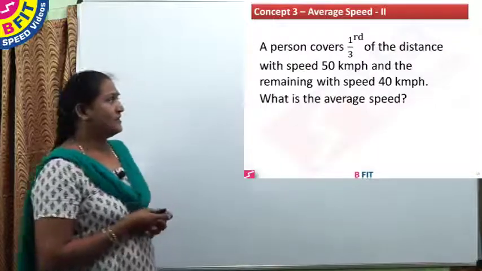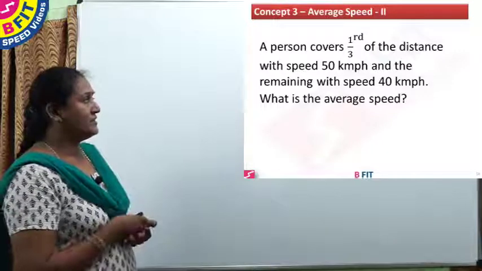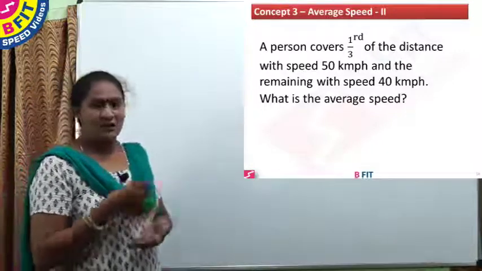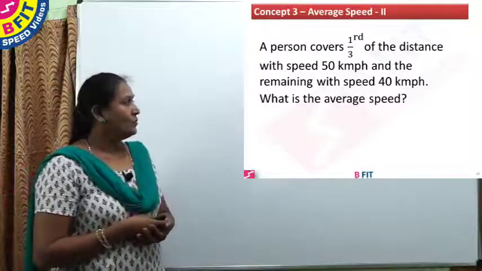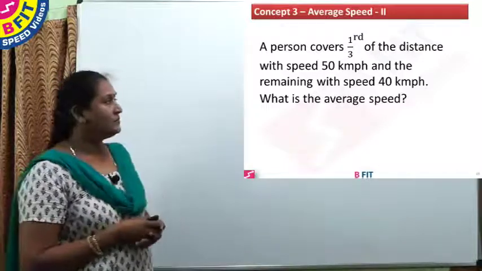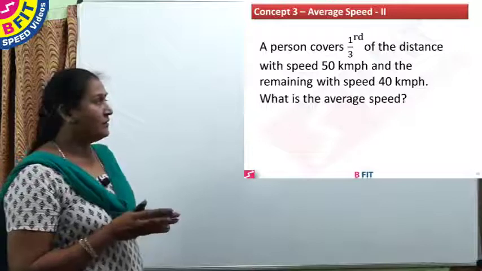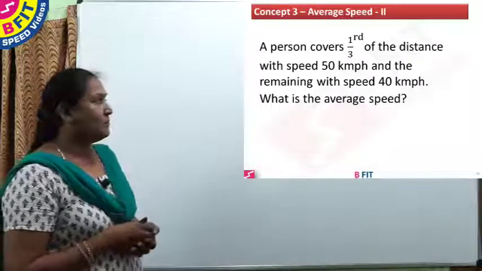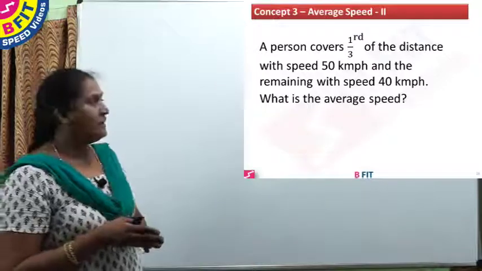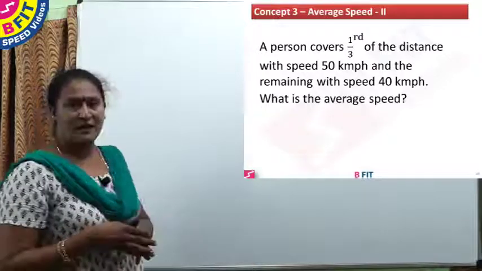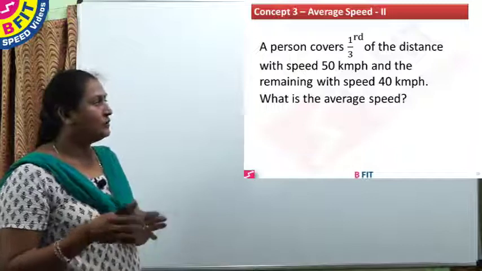A person covers 1/3 of the distance with speed 50 km per hour and the remaining with speed 40 km per hour. What is the average speed? So in this question, they have not given the distance at all, but part of a distance is given, that is 1/3 of the distance with speed 50, and the remaining is 2/3 of the distance